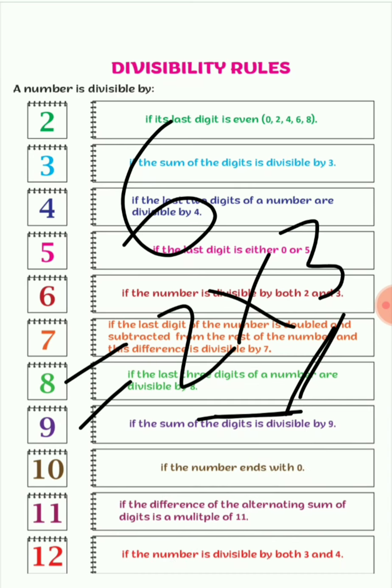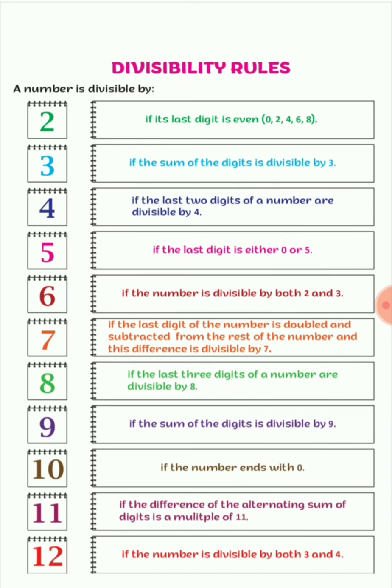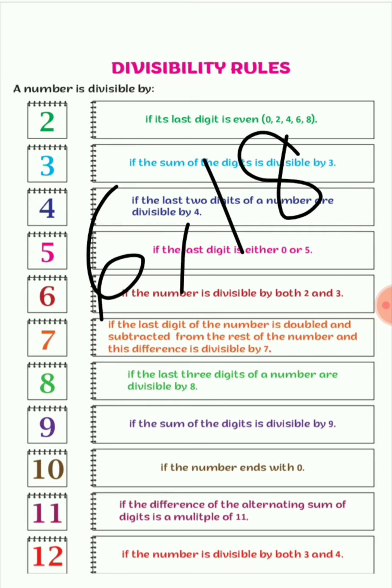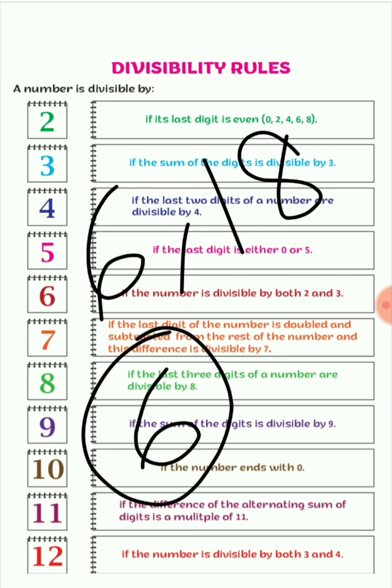What is the common factor between 6 and 18? The common factor will be 6 because 6 divides 18. The highest common divisor of both numbers is 6. So the GCD or HCF of these two numbers is 6. So 6 and 18 are not co-prime or relatively prime because their GCD is not 1. If the GCD or HCF, the greatest common divisor of two numbers is 1, then these numbers are co-prime. Here these numbers are not co-prime.